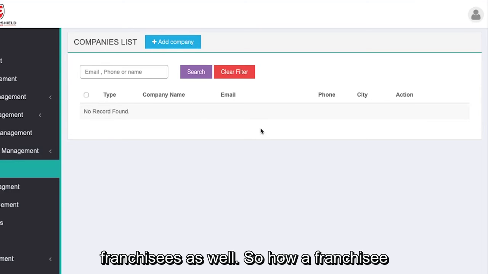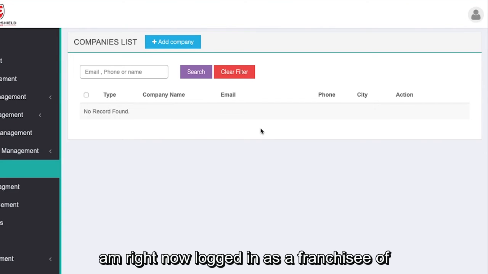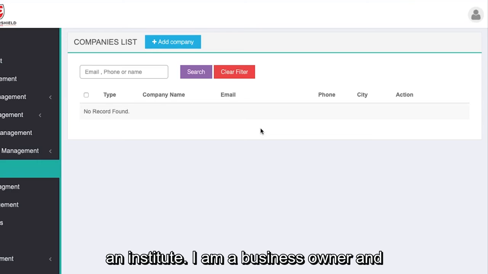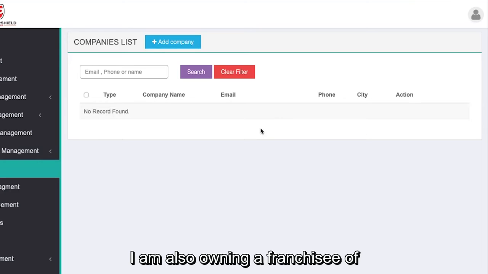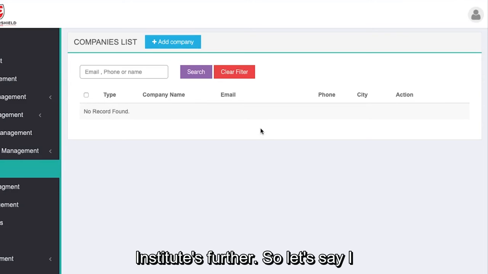So how a franchisee is going to be developed is, let's say I am right now logged in as a franchisee of TagScores. I am a super user, but I am not an institute. I am a business owner, and I am also owning a franchisee of TagScores. As a business owner, I can go out to multiple institutes further.